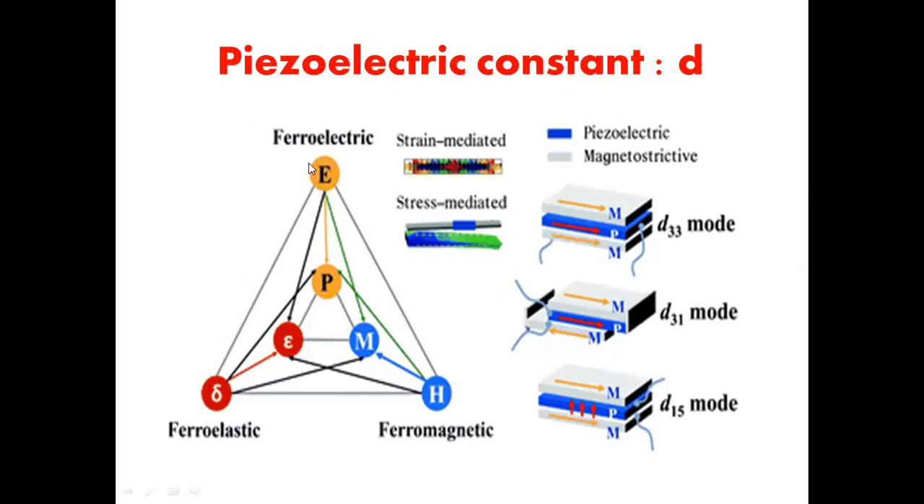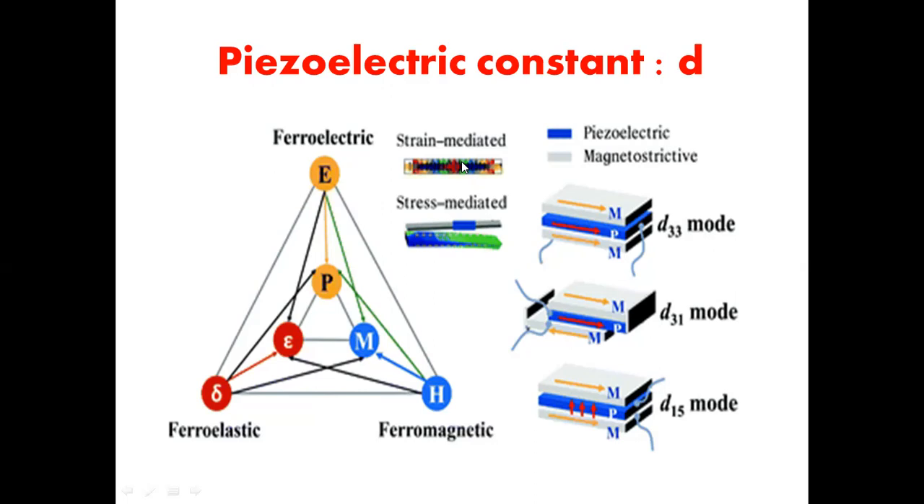And since a composite material will have all these three properties at a time, it is called multiferroic. That means if a composite has ferroelastic properties, ferromagnetic properties, as well as ferroelectric properties, then that type of composite is called a multiferroic composite. And the coupling between